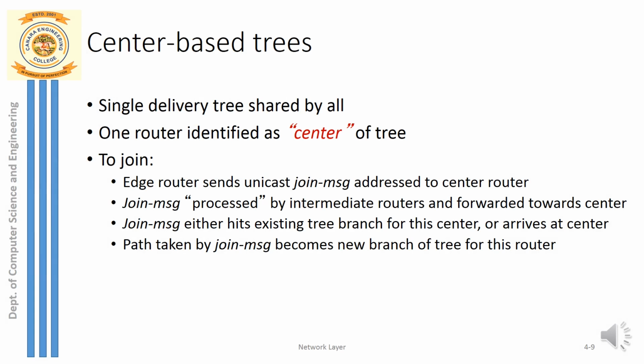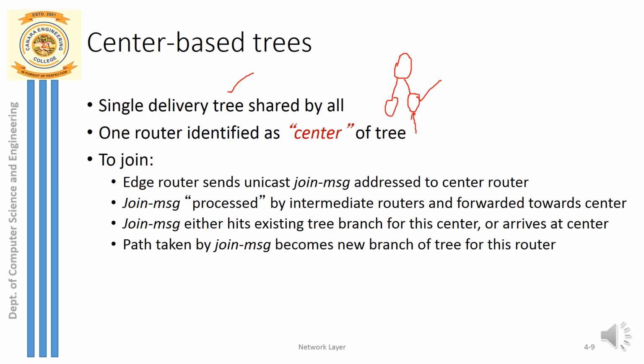Next, you can also see the center based trees. In a center based tree, whatever is constructed, there is one node. You can call that node a source node also, or else simply any node in the multicasting group members. A node other than the source node is also fine. Other than the source node, any node here can act as the center of the tree. So what is that center? That center is chosen in such a way that it is responsible for receiving all prune messages from other